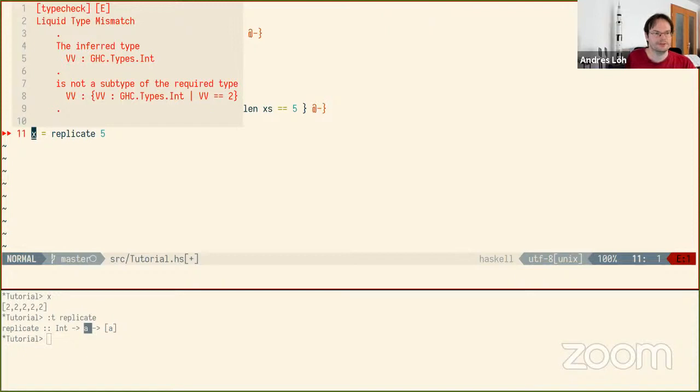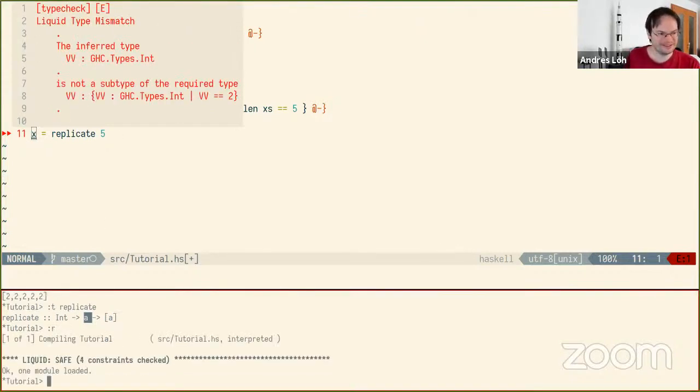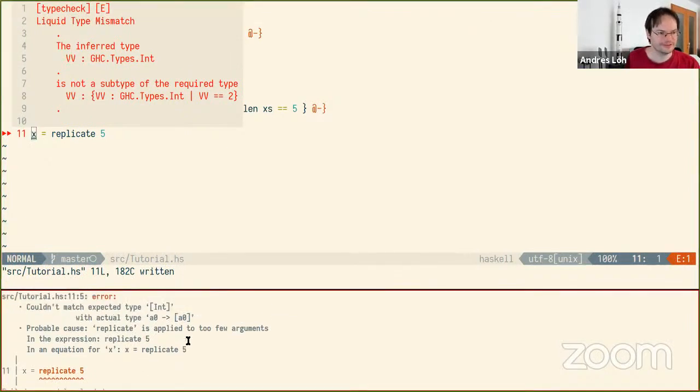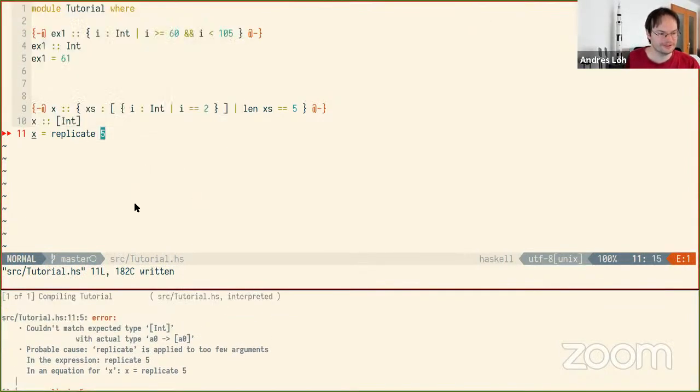Int is not a subtype of the required type. That is indeed a strange error message. Is that the same error message we're getting? Oh no, I haven't saved. The same error message we're getting here, just to check. No, interestingly not. Okay, so this is perhaps a glitch of the